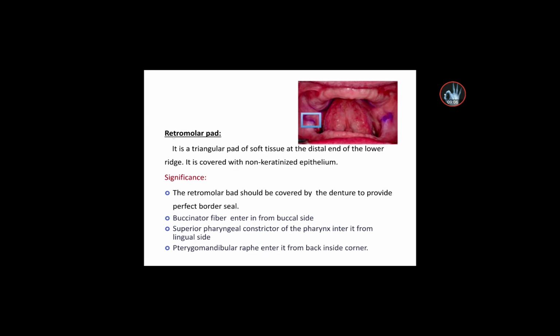A retromolar pad. 5, retromolar pad, and we say this is the buccal shelf, and this is the retromolar pad. The retromolar pad is a triangular pad of soft tissue. يعني عبارة عن شكلها يجي triangular، في أشكال ثانية، لكن الأكثر شيوعا هو triangular، شكله مثلثي. Distal to the end of the lower ridge، يعني خلف lower ridge. It's covered with non-keratinized epithelium. ما فيها كيراتين منطقة الابيثيليوم هذه. طيب